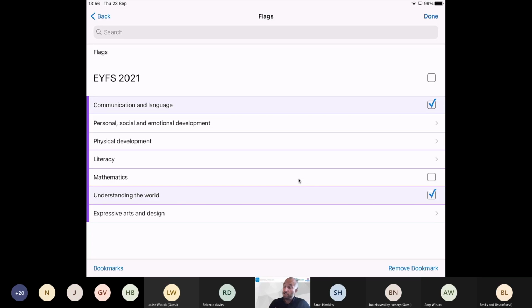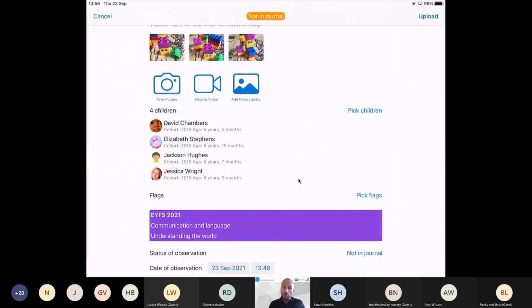As your year goes on and you might do more maths type content, then flagging an observation as maths can put all of that maths stuff together, and you can see there'll be purpose for that. You will be able to look back on all of the observations that you've created and filter them by their flags,